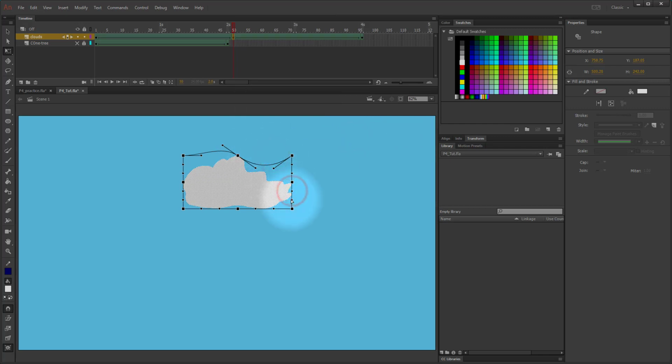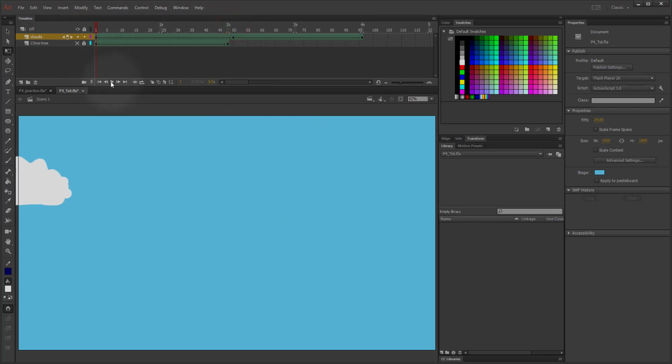So this is a good way to use shape tweens, and if you have your solid shape set up, you don't have to worry about the second shape matching up and looking right and having the right amount of detail and stuff. So let's see how that looks. Always be testing. So I'm coming back to the beginning, pressing play,